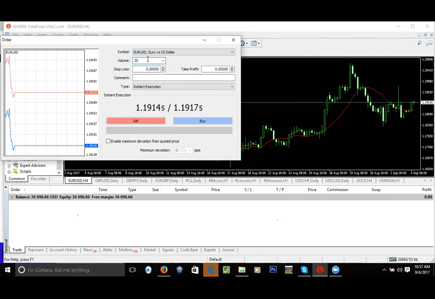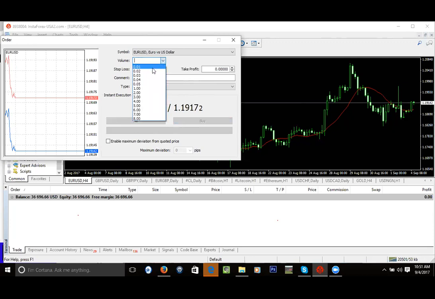The 20 lot size is advisable to use when you're having a $20,000 account. That's when you can use 20 lot size. It's not that a $1,000 account cannot enter a trade of 20 lots, but I would always advise that it's better you take a minimum risk than want to gain all the money at the same time and end up putting yourself in trouble. Then, when you select this lot size, for example,